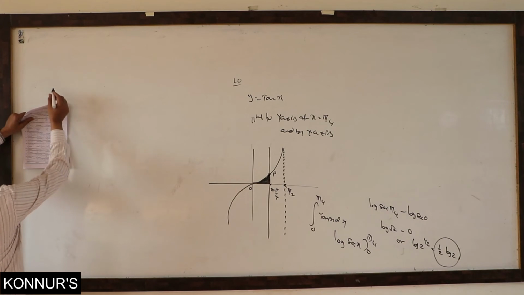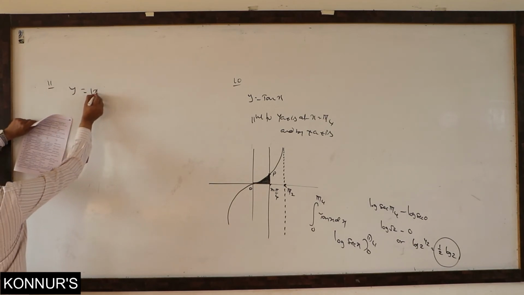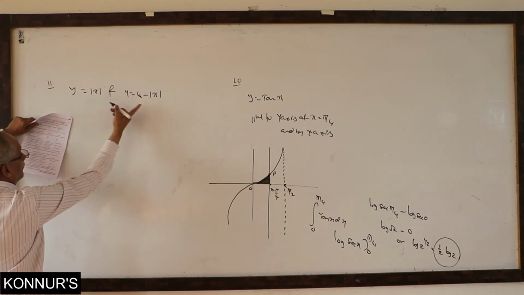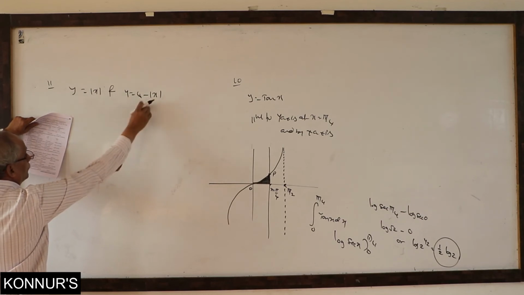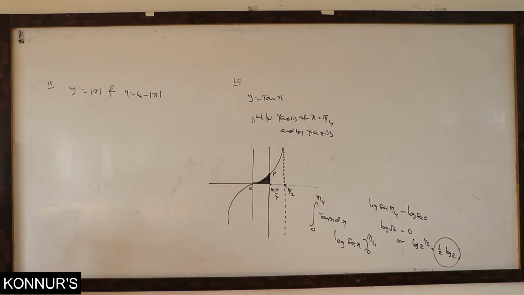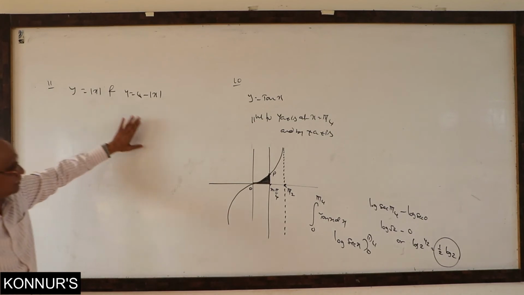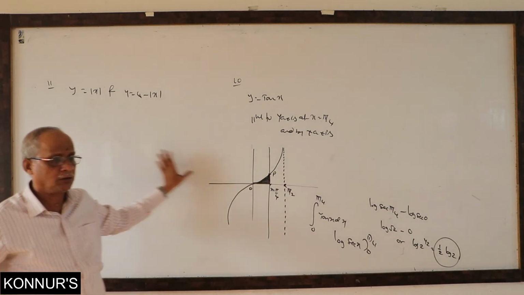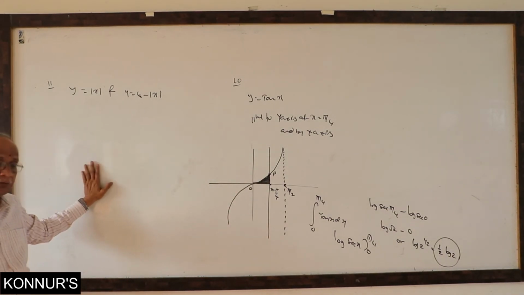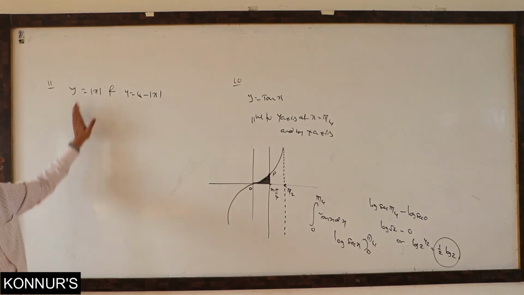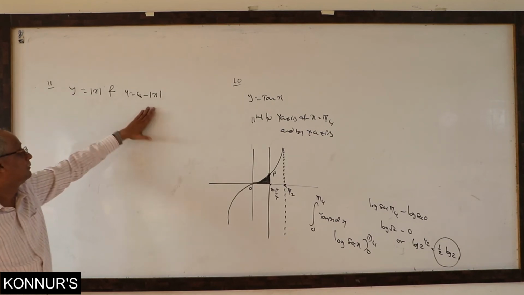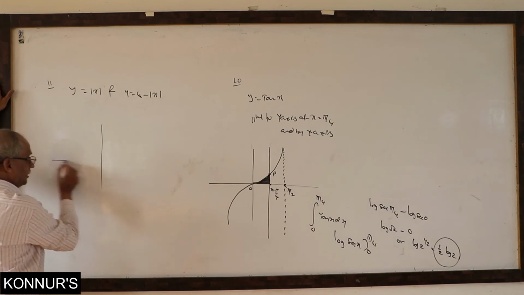See, this is about 11, y equal to mod x and 4 minus mod x. Danger. We know about this, we don't know about this. Okay? It is not in our syllabus. How can I say whether it is in the syllabus or not? In this chapter, some problems are related to trigonometry, graphs, sine, cos, tan, or else coordinate geometry. Therefore, we say they are in our syllabus. Also, to the maximum extent, special functions like mod x, step of x. Also, we know 4 minus mod x. That is why we must be ready for this type of additional problem.